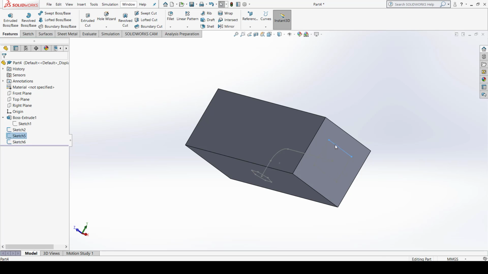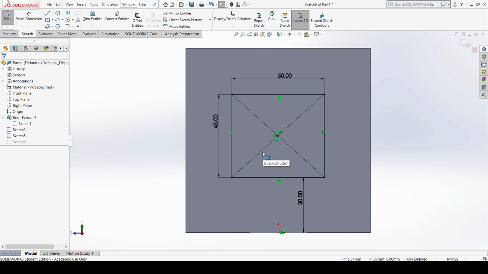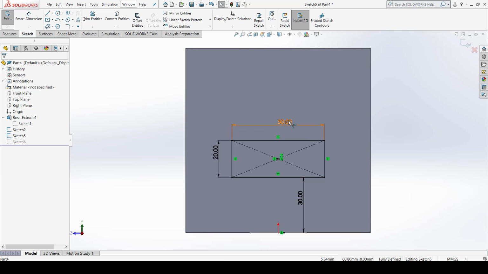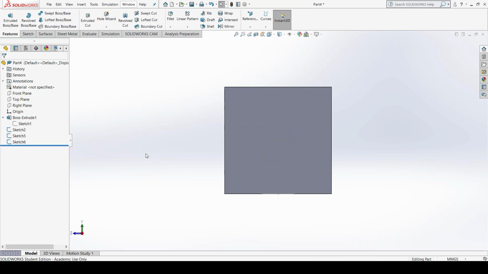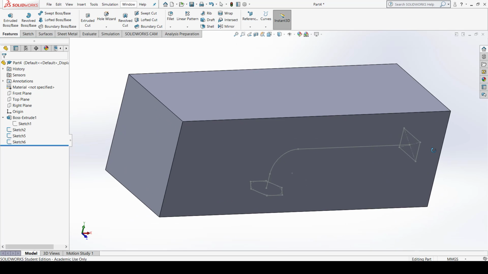Similarly, I have to make sure that the sketch of the rectangle should also have smaller values. So let it be 20, and this should be around 30. It's better right now. So exit the sketch here. You can see there are two different profiles right now. First one is the hexagon, another one is a rectangle, and this is the centerline parameter. Now what happens when your diameter is large and this radius is small, so material cannot propagate along this.